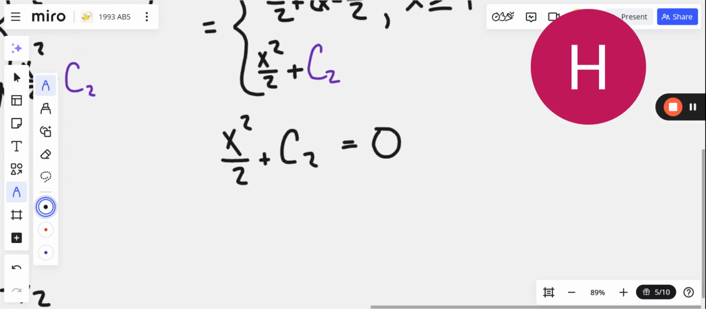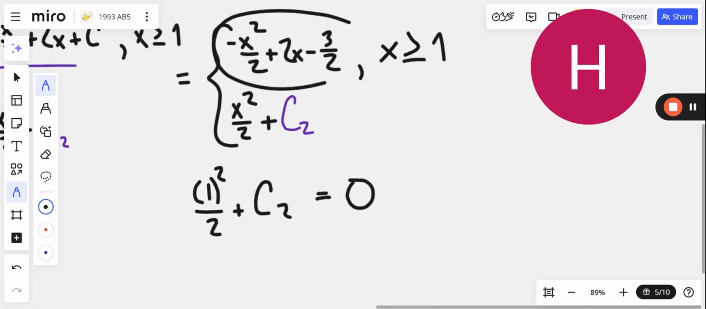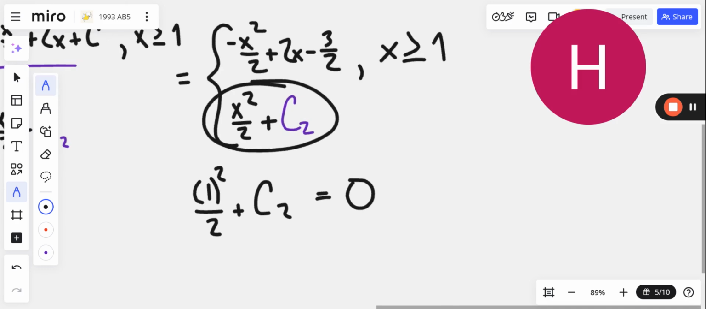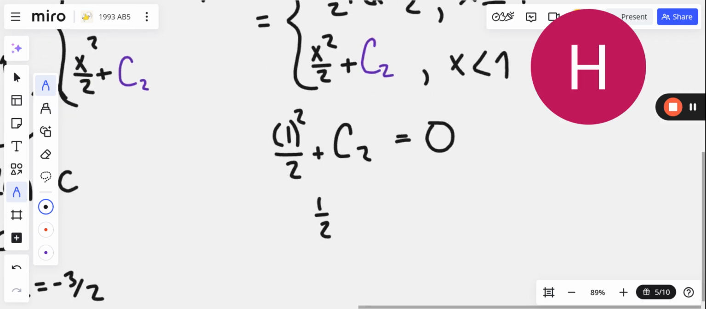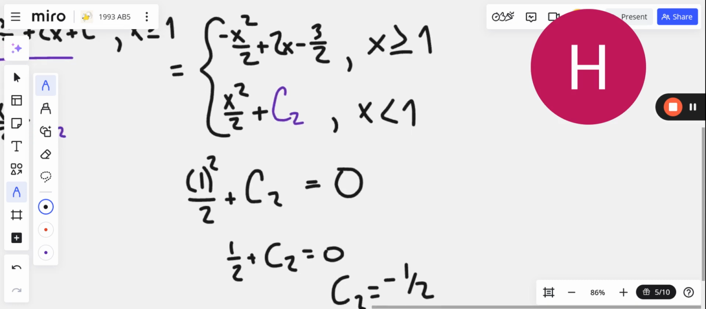And if I plug in x equals 1, I should say 1 squared over 2 plus c2 has to equal 0, because again, this already equals 1. This already equals 0. And so this also has to equal 0 in order to connect. So 1/2 plus c2 equals 0, and there you have it. They're not the same values. c2 equals negative 1/2. So overall, f of x is equal to